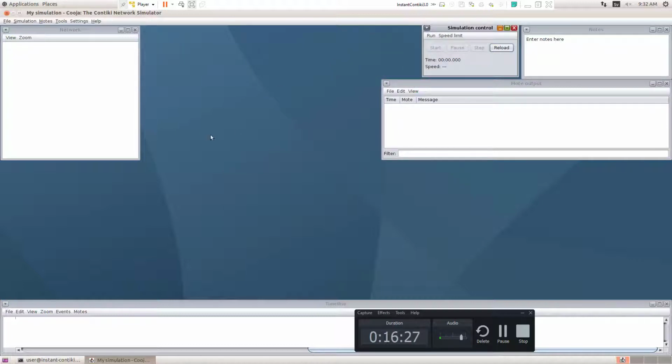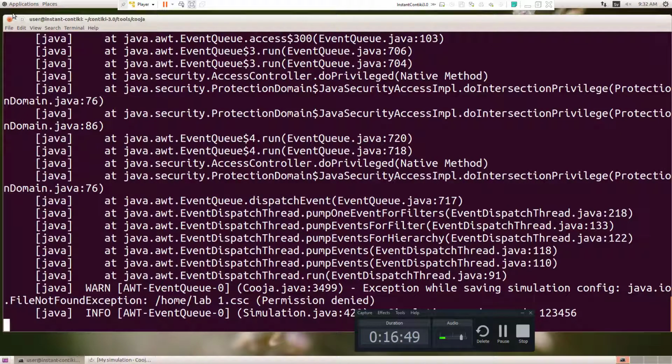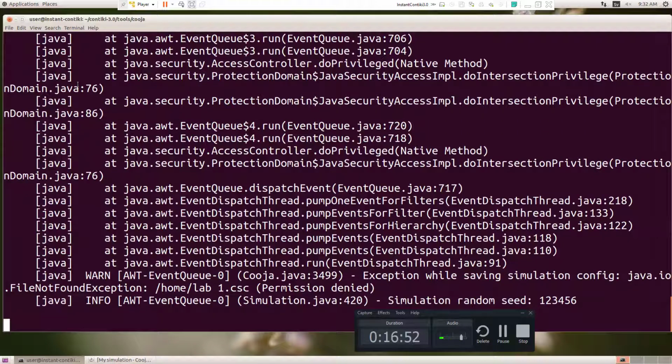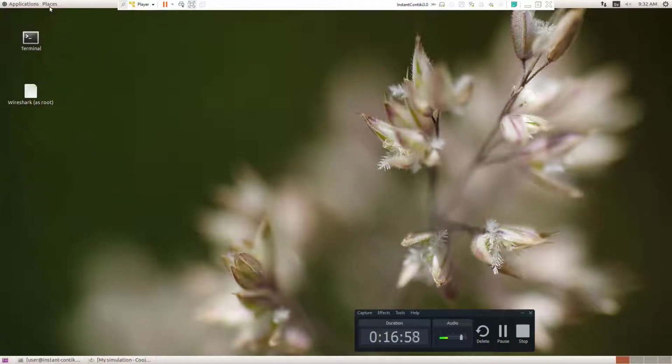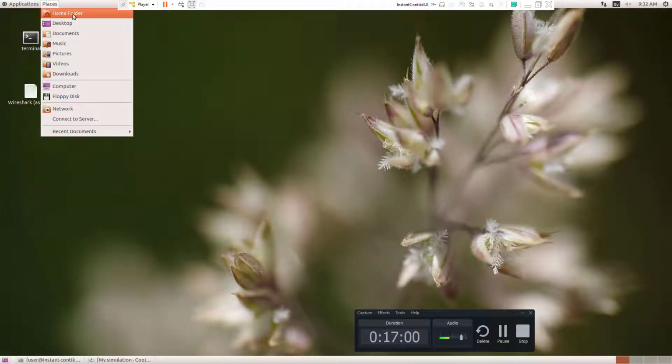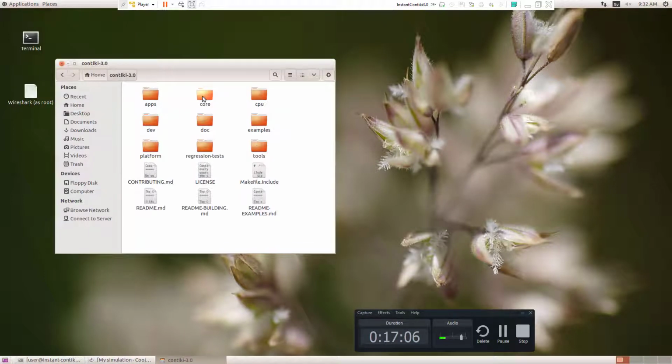So I'm going for the simulation again. Here I want to create the mode, but I don't want printing hello world. I want to print a different message. So what I can do is go to the source file I want to take. Now I'm just minimizing. So where the file is available, let me go to the places. You can go to the home folder. In home folder, you can see Contiki 3.0.